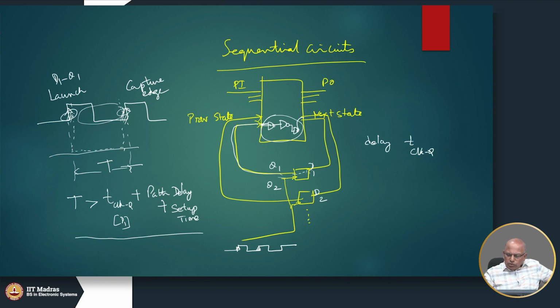The old value on this wire will get captured here. The new value does not get captured. This D was supposed to have been captured into Q1. It has to travel and then the new value must get captured here. But unfortunately, the circuit was not ready by the time the launch edge came, and as a result, the old value